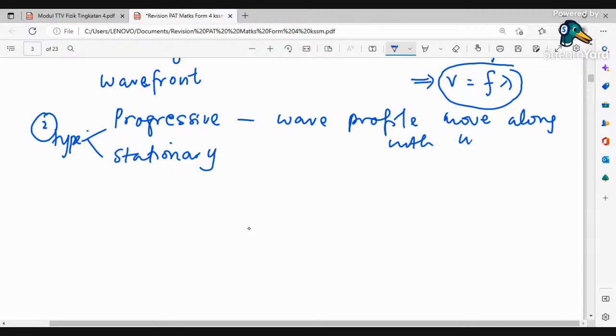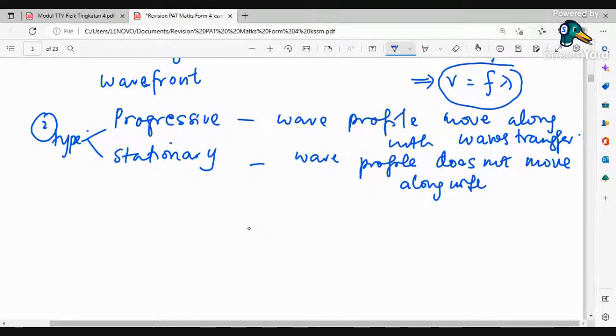For a stationary wave, the wave profile does not move. The stationary wave we just discussed until here only, the definition, what is meant by stationary wave. So progressive wave continue, so we have trans